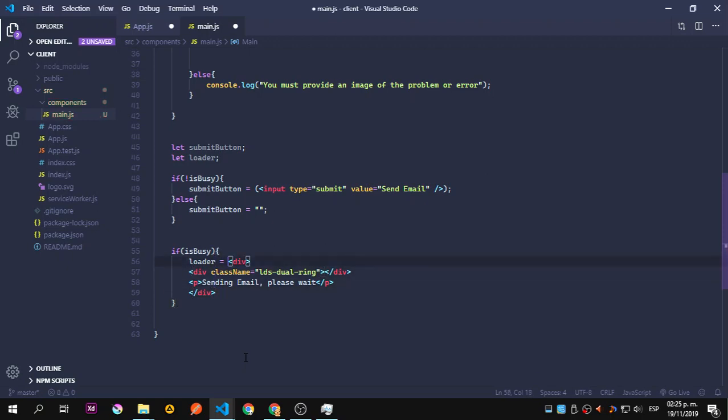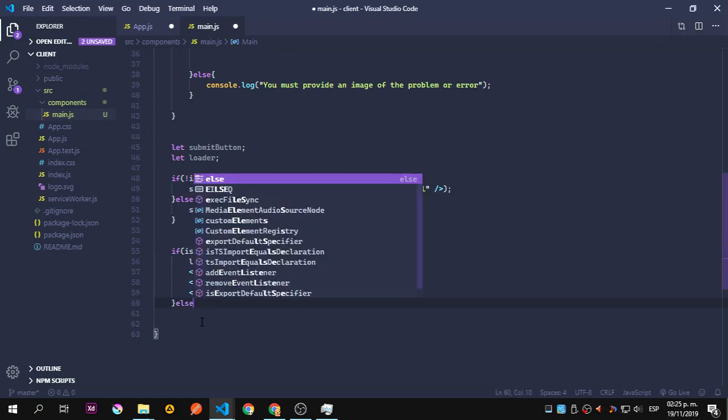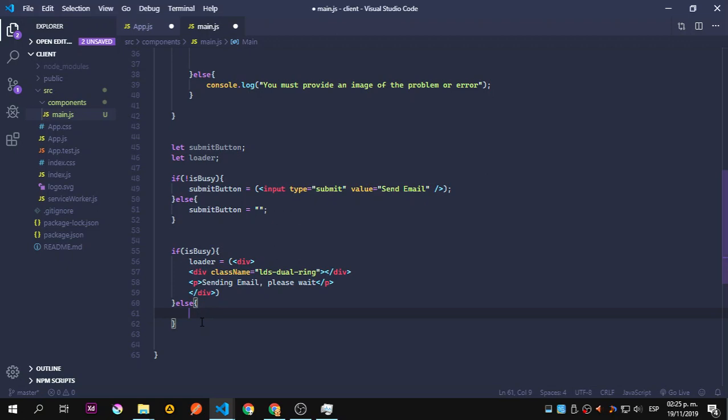Okay, I added that before. Okay, my bad. And a div with this LDS dual ring, that is the spinner. Okay, I close that. Well, I will show you in a second where you can get these spinners. I showed this before. There's a page called loader spinners CSS, something like that, or just Google it. And they give you the styles and all that. It's pretty good if you want to have something in development and then create something yourself later. So it's pretty good to have that set